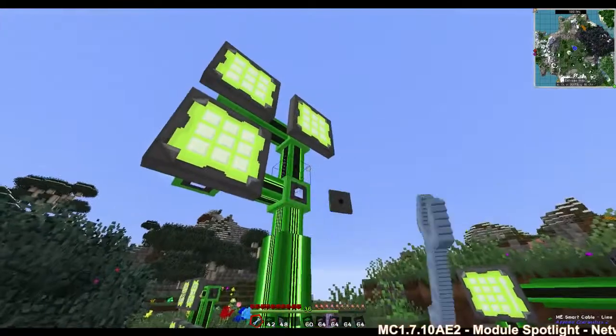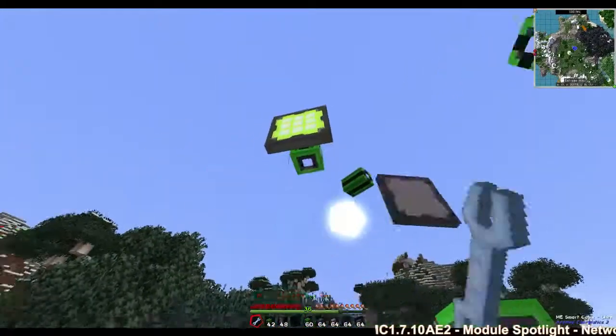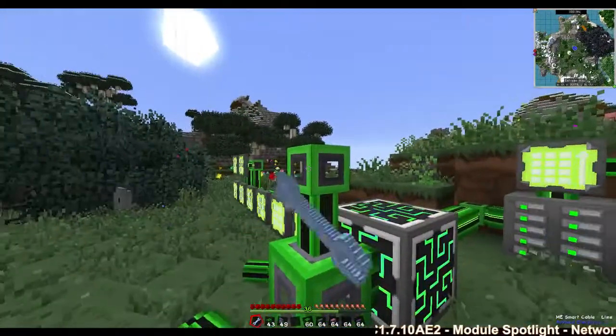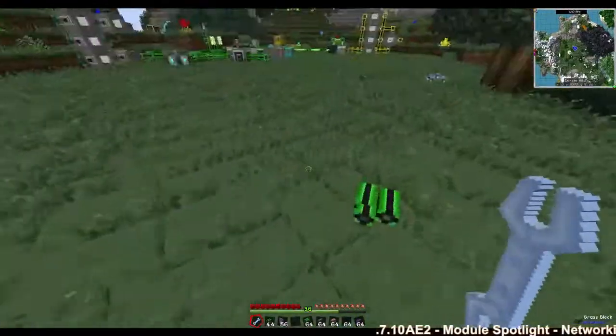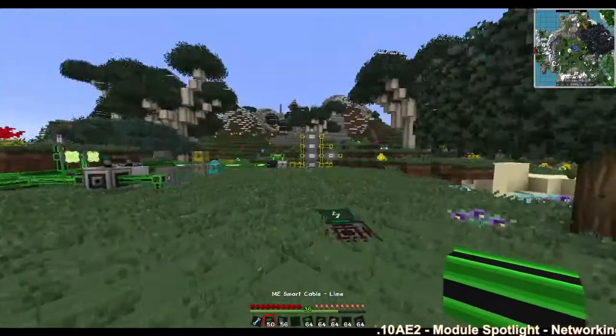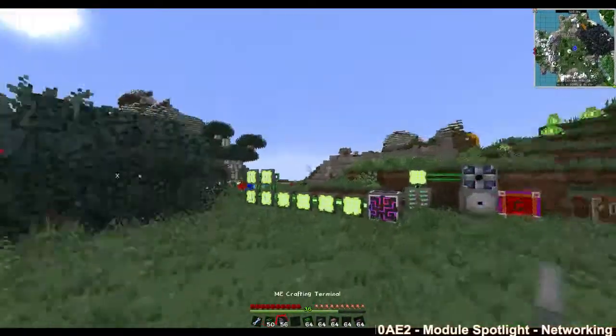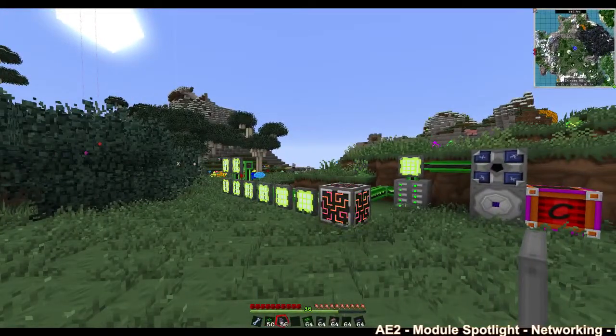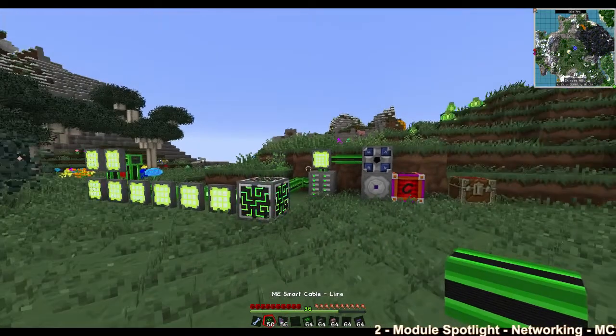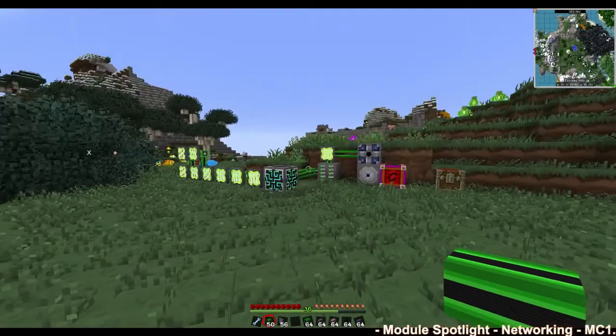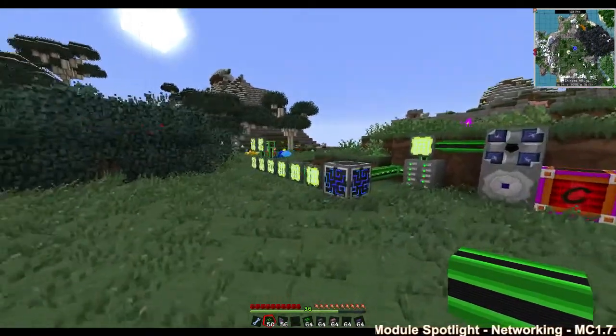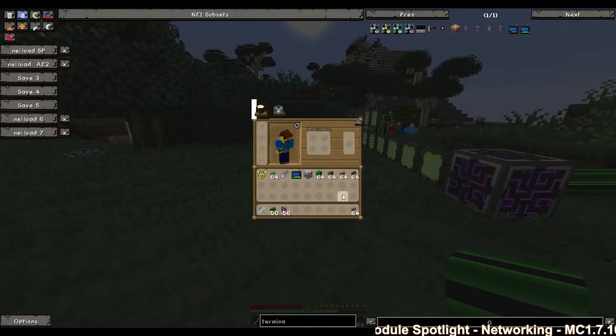Well, one thing you can do is set up an auto crafting system to make items from recipes for you and to process your minerals and materials and different things. That's what we have set up over here, and you can see that in our auto crafting AE2 Module Spotlight. But for now, I will show you very quickly a couple of the items that can be used on these